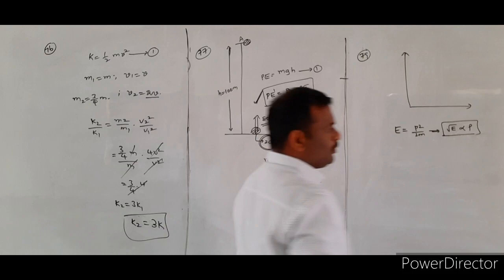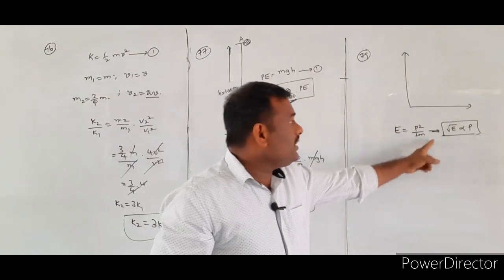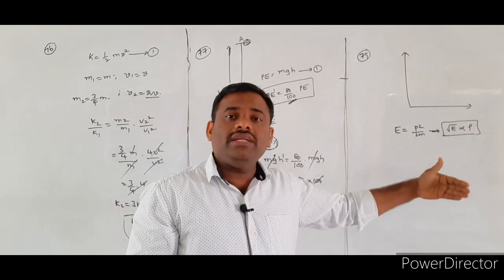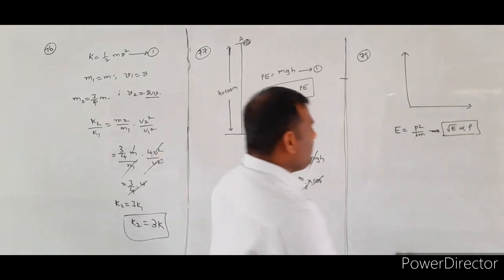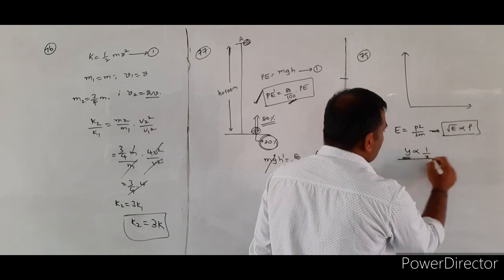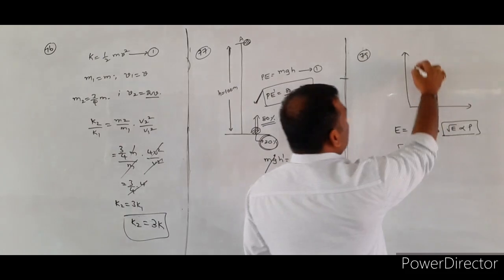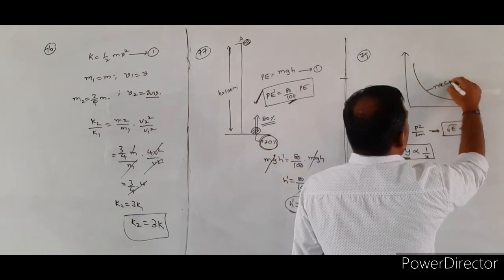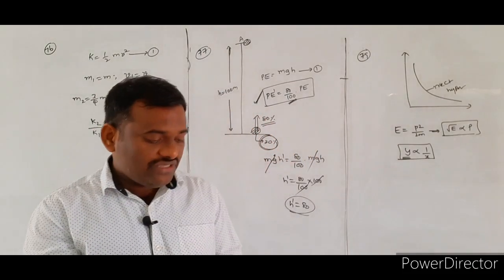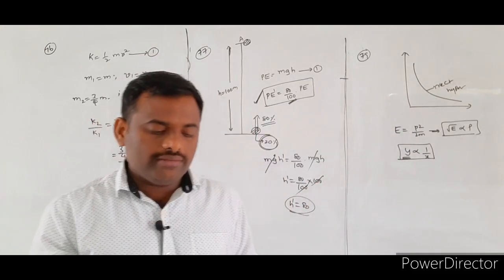Where E is indicating kinetic energy. But in this case, these two physical quantities are not related directly. They are related by inverse ratio. If a physical quantity taken along the y-axis is inversely proportional to the physical quantity along the x-axis, the corresponding graph will be the rectangular hyperbola. So the correct option for question 79 will be the third option. Theory based question. Okay, next.